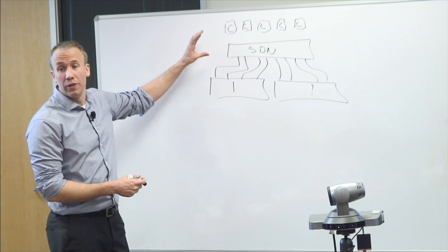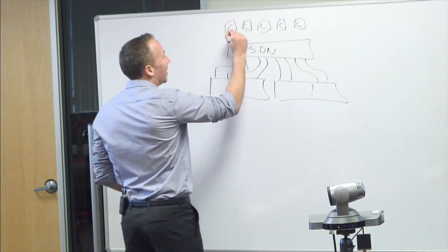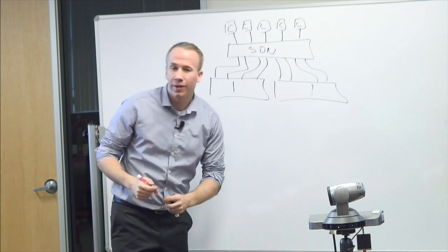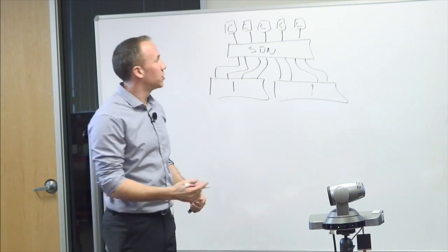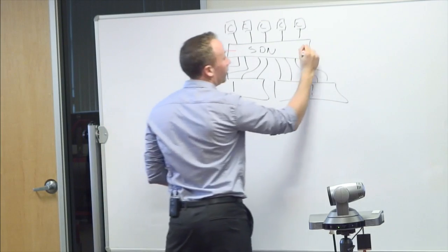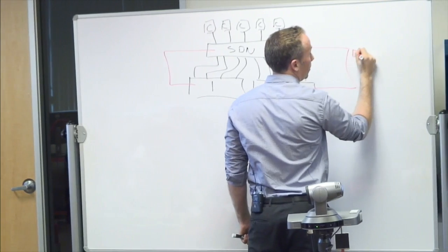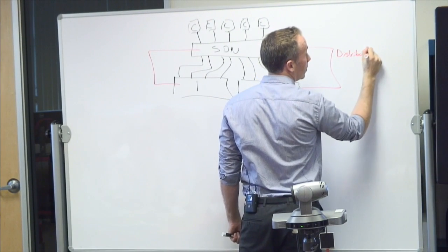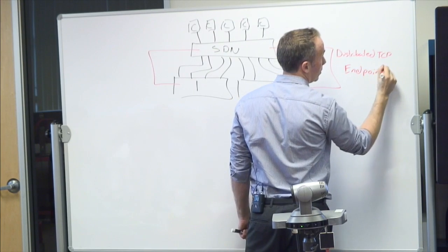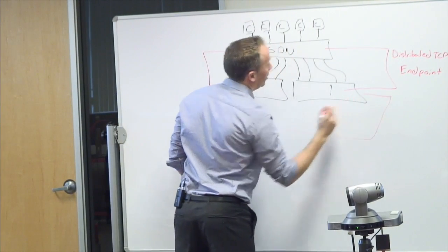So we can do active-active redundant switches, but they get really messy to draw. So let's just assume the single case here, right? So you can think about the stuff that we do with the network as two components. If I think about what happens basically from here to here, this is what I would call a distributed TCP endpoint. And down here, I'm going to draw,